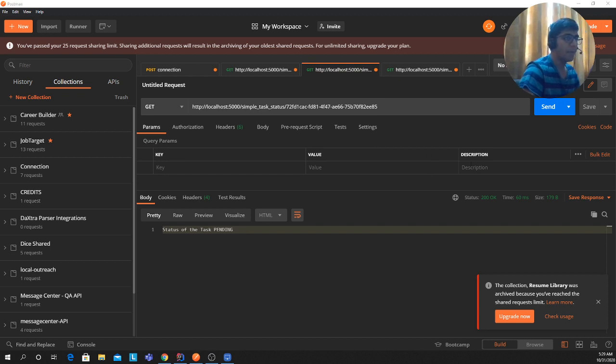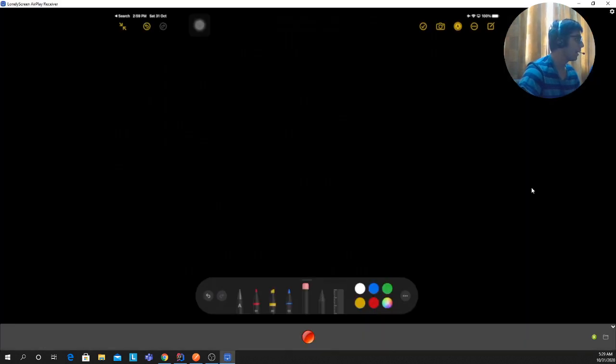By the way, I'm also going to explain the complete architecture on how we should approach such async architectures, and we will see how we break it down. Right now in this architecture, I have Flask, Redis, Celery, everything is there. One thing that I don't have is a web proxy gateway, Nginx. I'm going to add that in the upcoming video, so it's going to be fun. Let's see if it's still pending. Okay, pending, pending, pending. I'm going to keep it here and move to my iPad so I can explain the architecture.